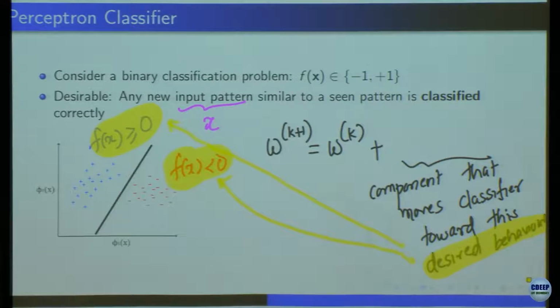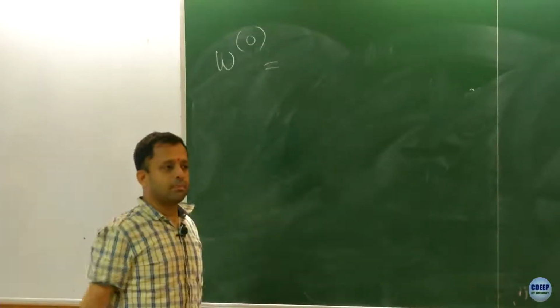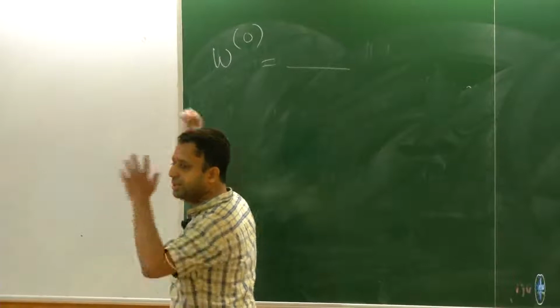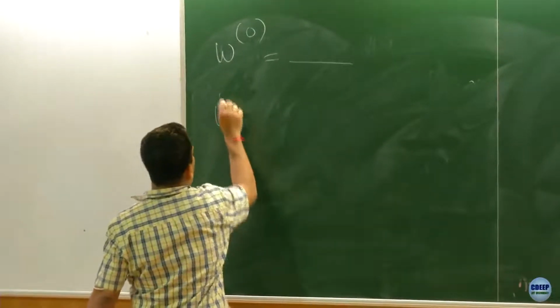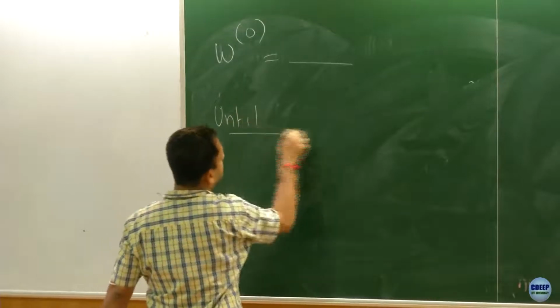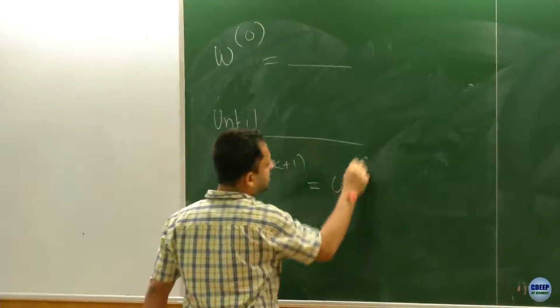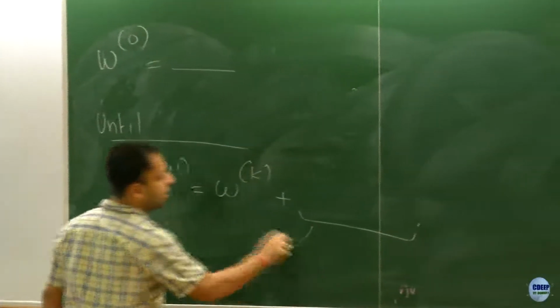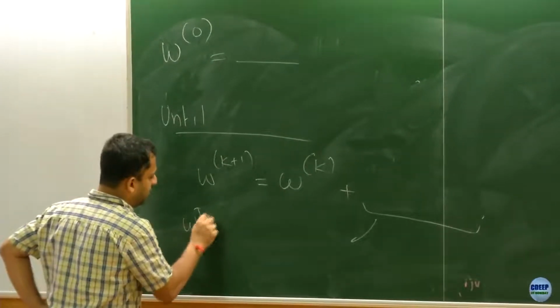This is clear? So let's try and develop the algorithm now on the board. I will initially have W0. What to initialize that to is a question. So, initial weight vector, and until some criterion is met, w_{k+1} equals w_k plus something, where the something should honor that w transpose phi(x)